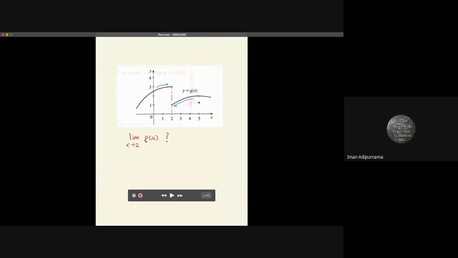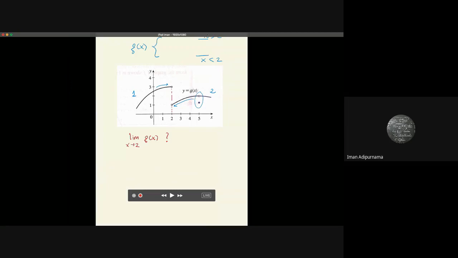Usually it will be defined by, for example, this g(x) has two functions, the first one and the second one, and it has different intervals. Maybe this is x<2 and this second is x>2. And maybe it also has a special case at x equals 5 here. Okay, but if you are dealing with this graph,